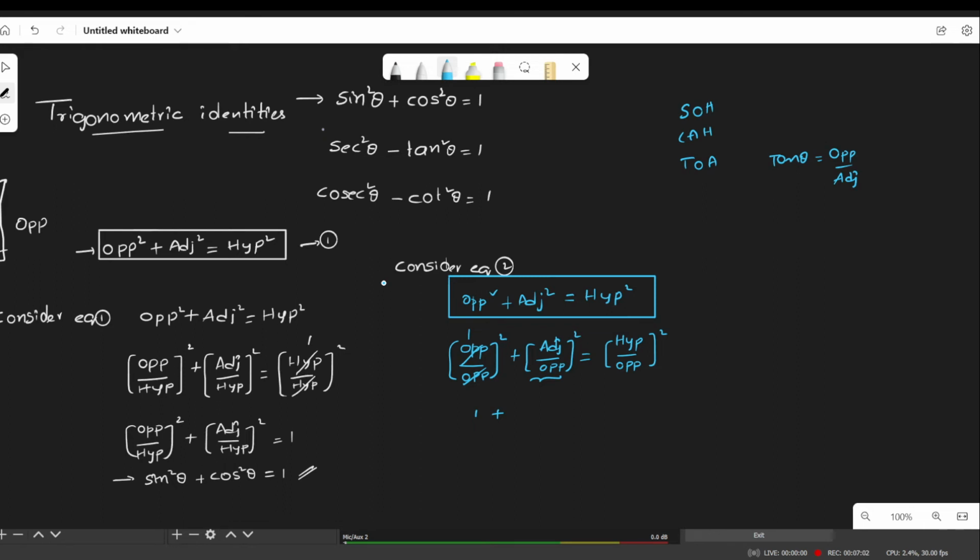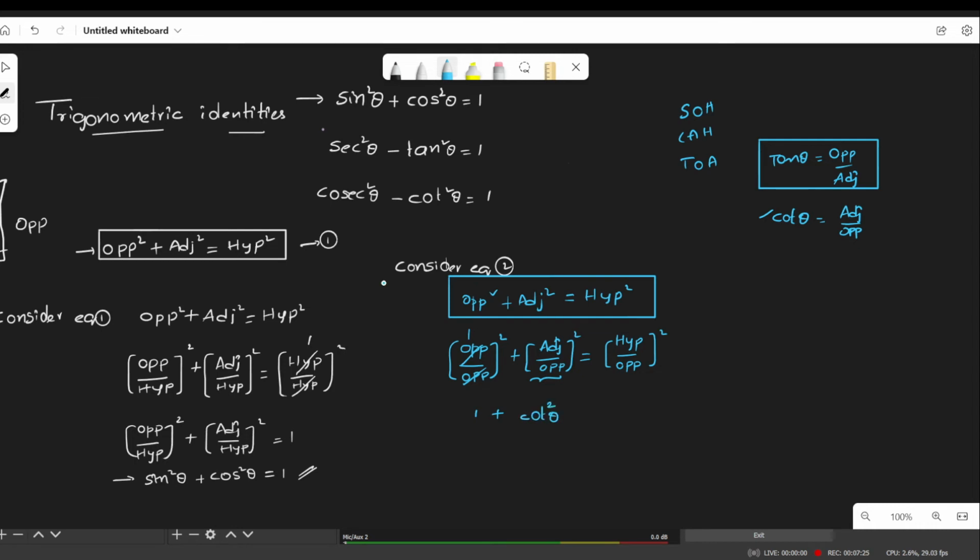I am repeating once again. See, we know that tan theta is equal to opposite by adjacent. Now what is the reciprocal of tan theta? It is cot theta. So then cot theta will become adjacent by opposite. So now I'll replace this adjacent by opposite with cot theta. So 1 plus